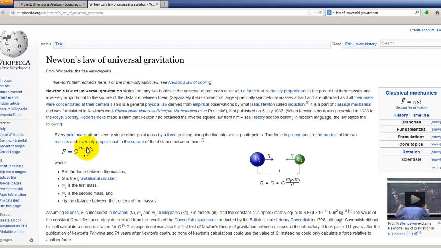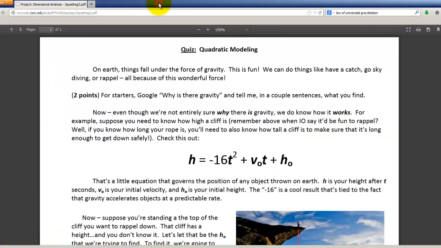And this is interesting because we understand the relationship between the gravitational pull and the masses of the objects, but we just don't know why the gravity exists. Kind of rad, actually. Anyway, that was the point. The point was that nobody seems to know why there is gravity, but we do know how it works.